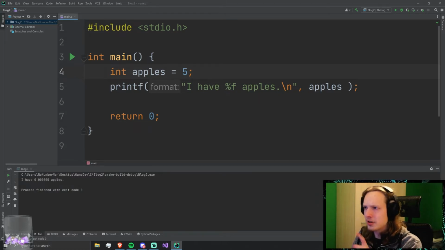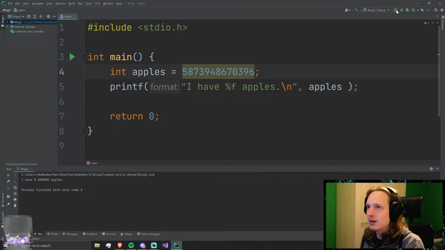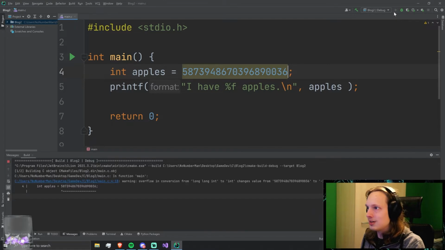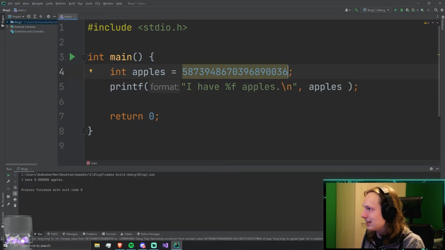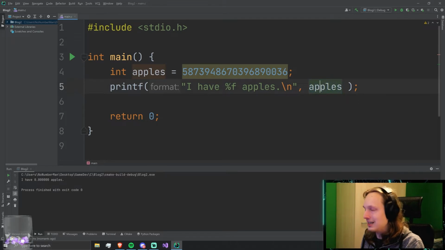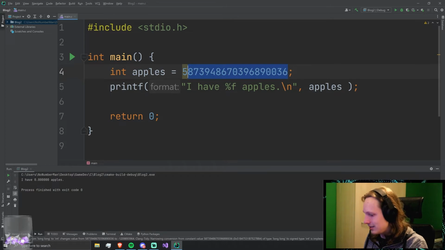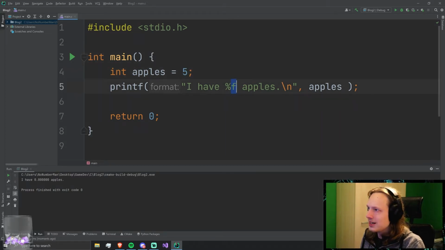A float with all zeros and then maybe a couple of 1s just gives us 0, basically. If I make some really large int, I'm sure I'm going to get a very weird float. I still get a 0 float. Maybe it just really doesn't like integers in here. It just doesn't do anything. Even better, it's just 0, guys. It's just 0. So you have to pay attention to your types here.